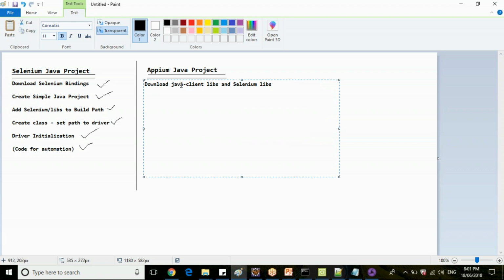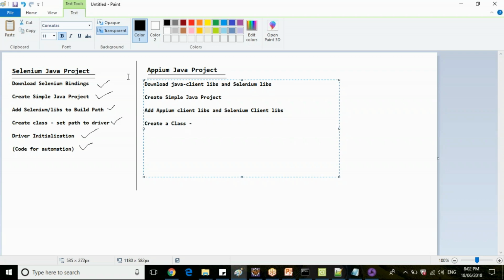The additional jar is Java client. Other than that, all the jar files are Selenium jar files as well. Then create a simple Java project. Add APM client libs and Selenium client libraries. Then create a class.